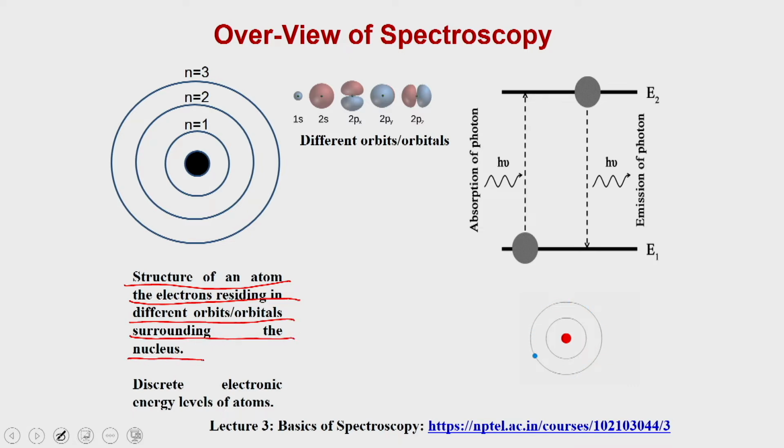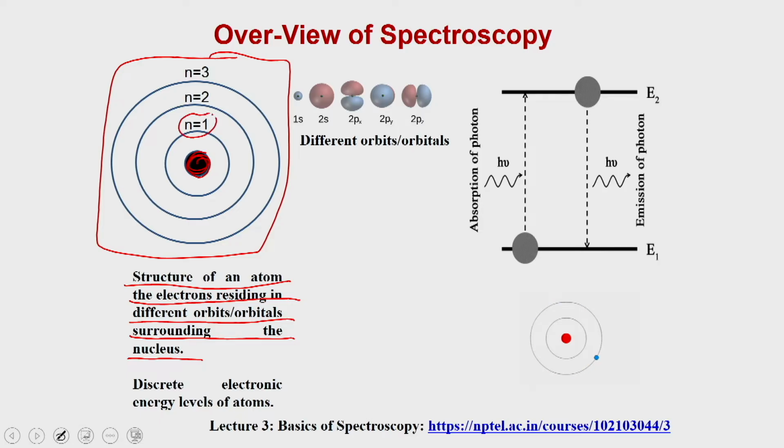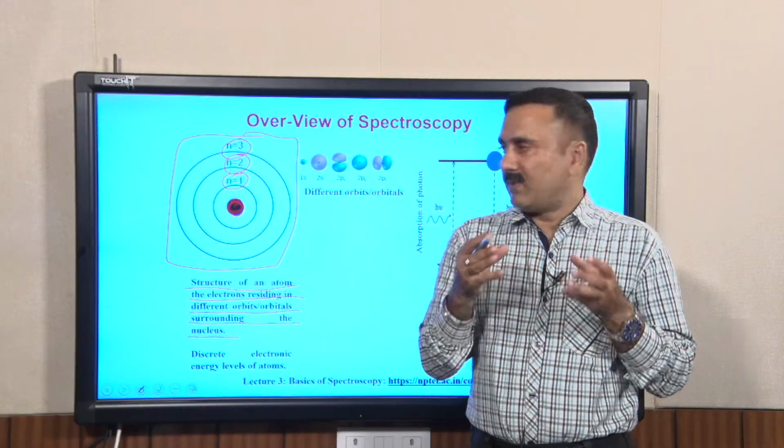This is a typical structure of an atom, where the central thing is the nucleus in which the protons and neutrons are present, whereas these are the different shells where the electrons are present. You can have the lower energy state, which is N1, N2 or N3, and within this you are going to have different types of orbitals,